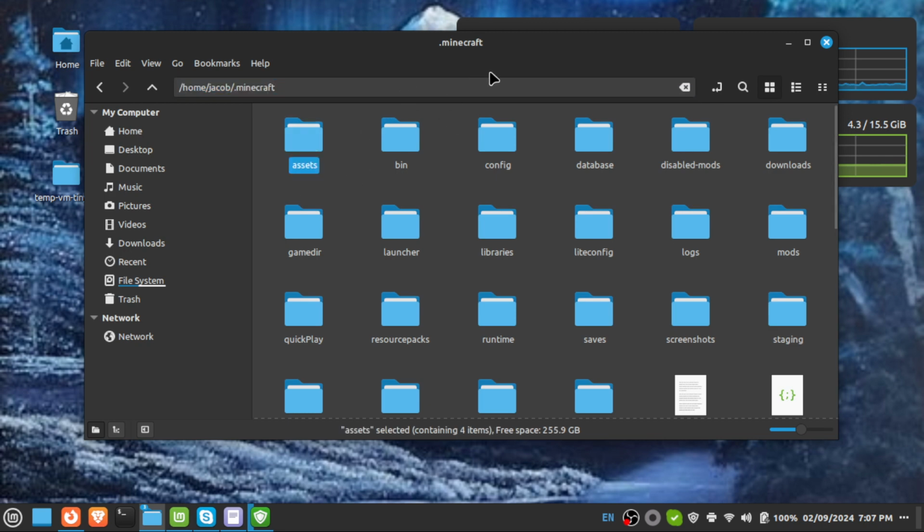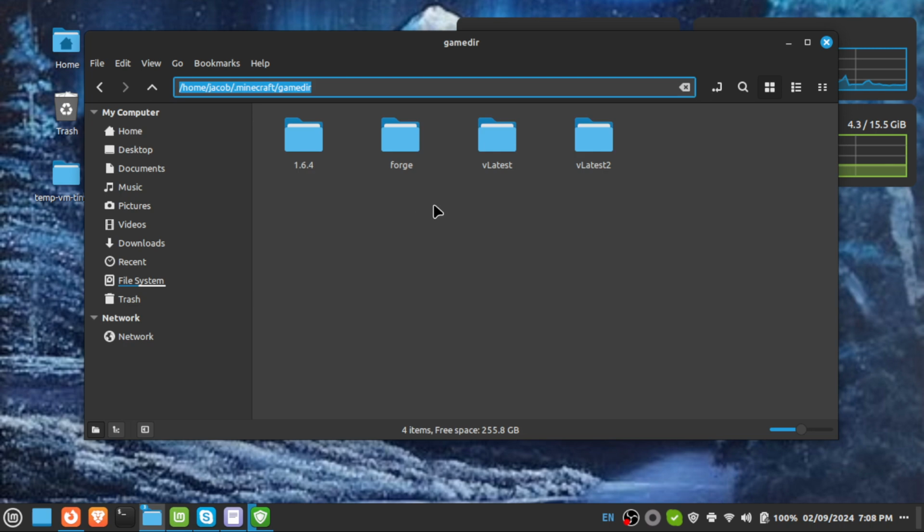okay. So I've already created a subfolder in my Minecraft folder to put the modded mod packs in. I picked the name GameDir. You could name it whatever you want. You could call it modded, you could call it games, whatever, but I just call it GameDir. So this has got my modded games, and